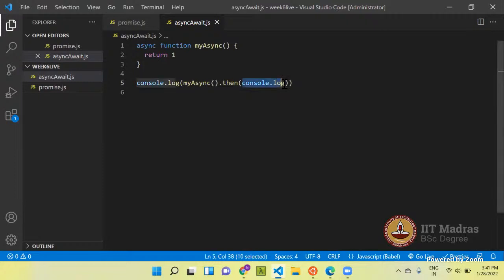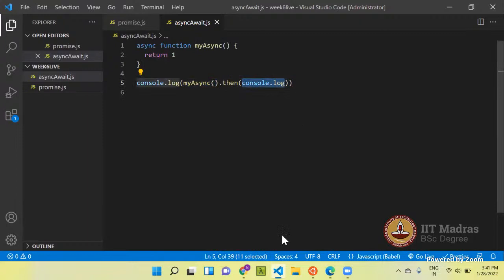This console.log, I am taking it as a callback function. As I discussed earlier, if you use then, whatever callback function you pass here will be passed the value with which this promise gets resolved. So to the console.log, 1 will be passed because my async function is a promise which resolved with 1.